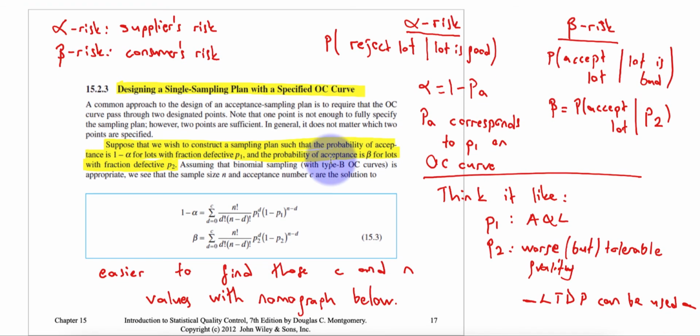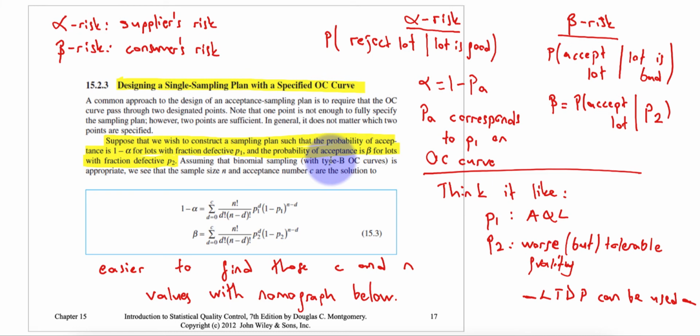So how can we design a single sampling plan with a specified OC curve? By specified OC curve, I mean when we expect an acceptable quality level, and when we set an LTPD point in the OC curve. In order to design a single sampling plan with those specified points, we need 2 points on the OC curve. We cannot go with just 1 point because